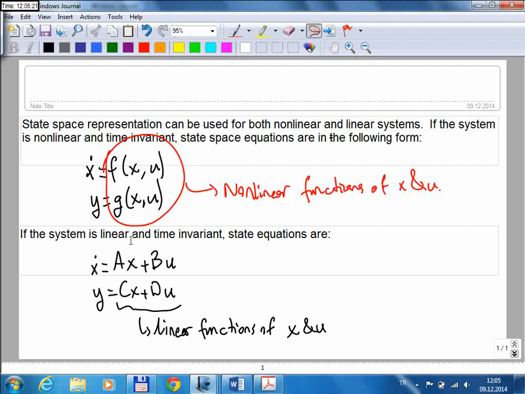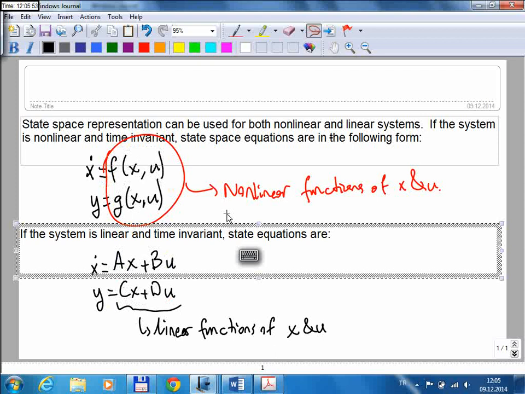There are very well developed theories that are applicable to linear time invariant systems. So if you have these set of equations, then using these A, B, C, D matrices, you can do a lot of different things. You can design controllers, you can check robustness, you can check system dynamics, you can do all sorts of things using these matrices. Okay, but for nonlinear systems there is pretty much nothing. Well, there are certain things that are applicable to nonlinear systems, but